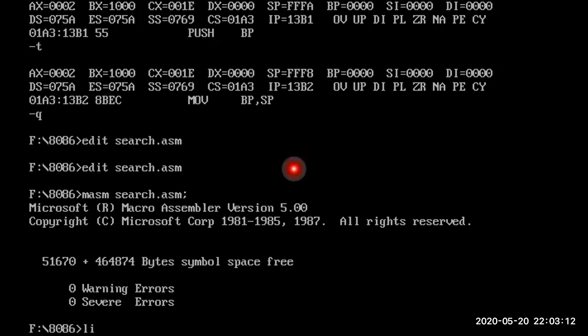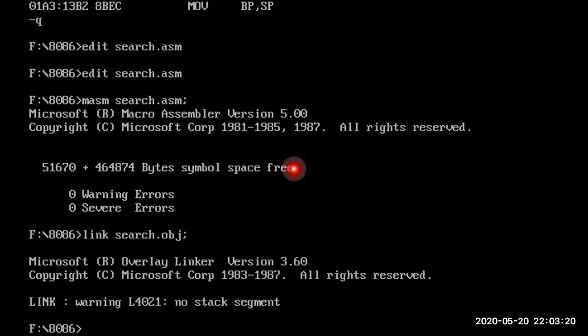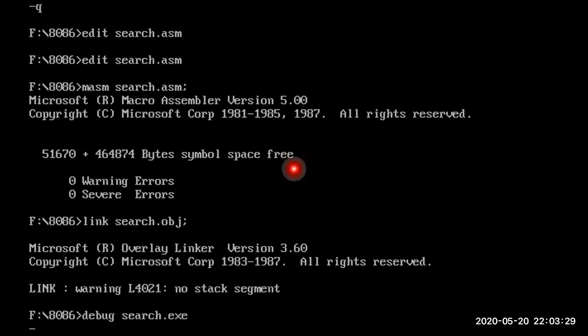And then next you have to link search dot obj semicolon. And next debug search dot exe. Okay, so MASM, link, debug. And next I'm pressing G. G is for running the program.